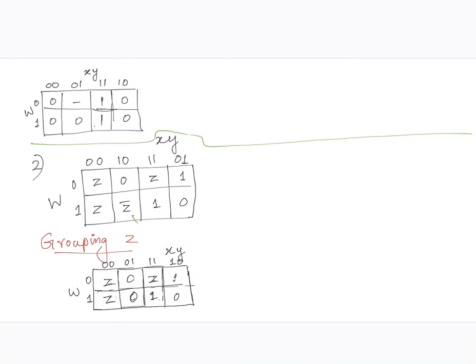In order to do that, consider the cells which are covered as don't care, and consider the 0 cells that remain. The cells which are not completely covered should be written as 1. So group these elements, which corresponds to XY. So the final minimal sum will be given as W bar X bar Z plus Y Z bar plus XY. This will be the minimal sum expression.